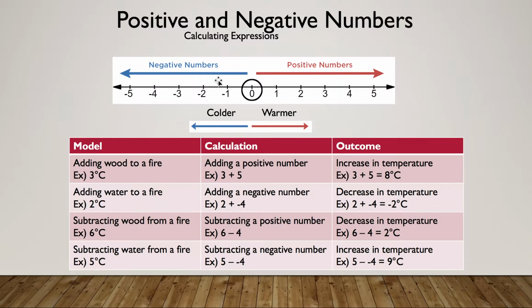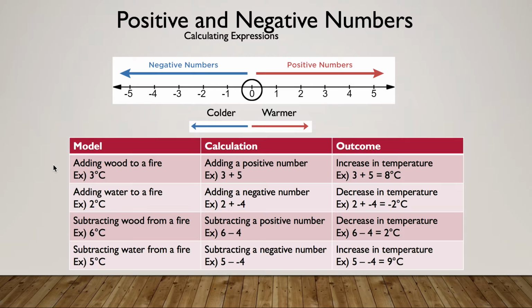As you can see, the negative numbers are to the left of 0 and positive numbers are to the right of 0. Now, if we take a look at this line, you have warmer is always to the right of colder, and colder is always to the left of warmer. Now, let's take a look at these different cases of